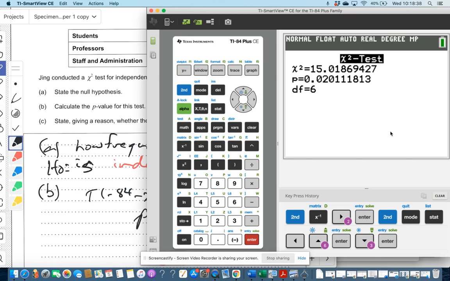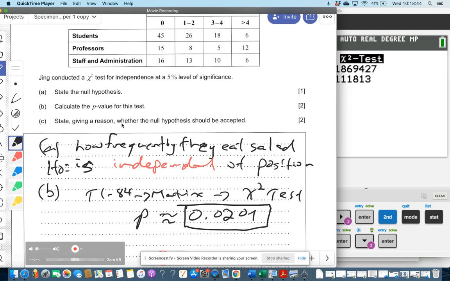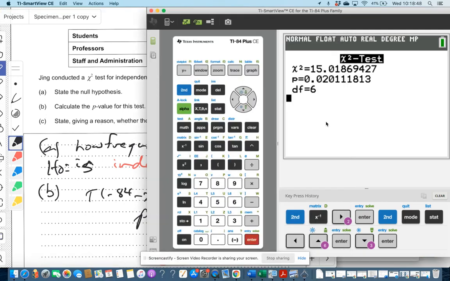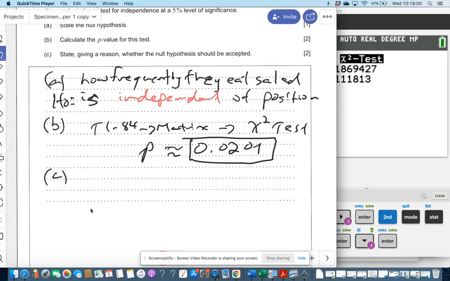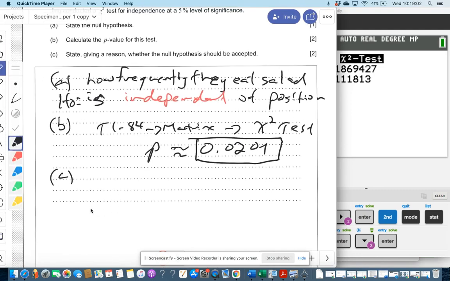0.0201. Okay, that's my answer to B, to 3 significant figures. And then C, state for a reason whether the null hypothesis should be accepted. I said before, it looked like there was a significant difference from the expected frequencies. The null hypothesis is rejected, actually. Reject null hypothesis